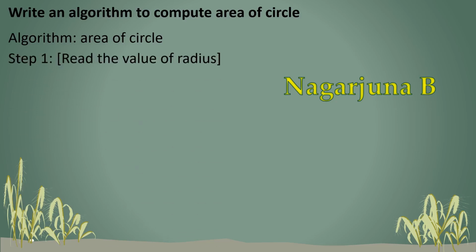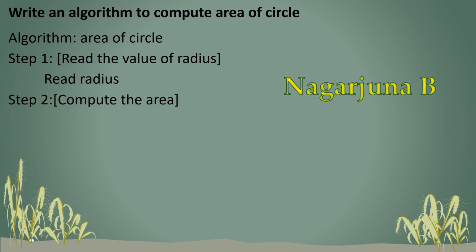Then Step 1, it is the identification number which we use, right? And after that we'll be writing an explanatory comment. As I told, we'll be writing it in square brackets. So I have written read the value of radius. That means this is the thing which we are going to perform in the first step. That means we read the value of radius. That is the explanation. So next I will write the statement as read radius. So it is the explanation of what we are going to perform in that particular step.